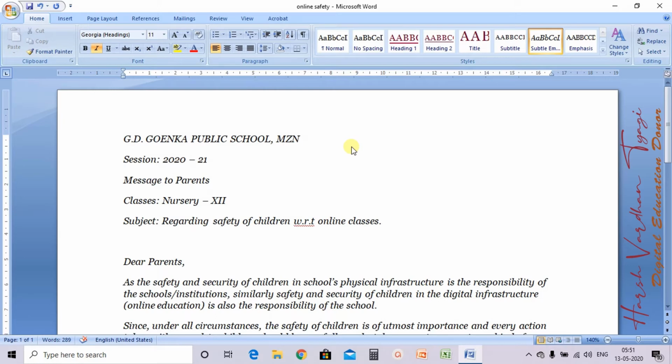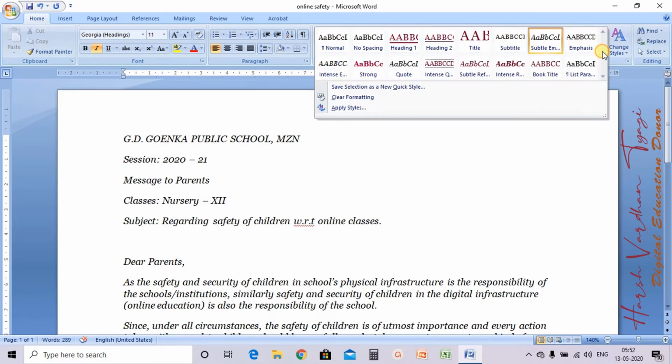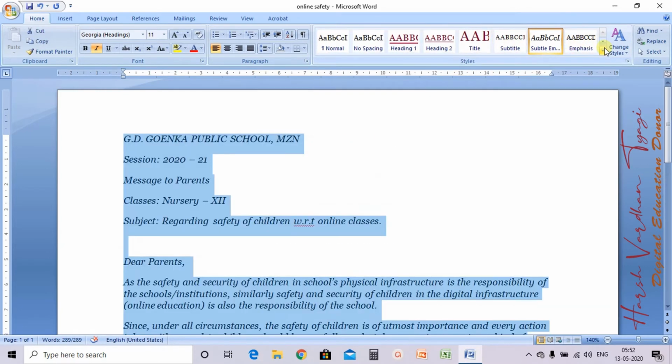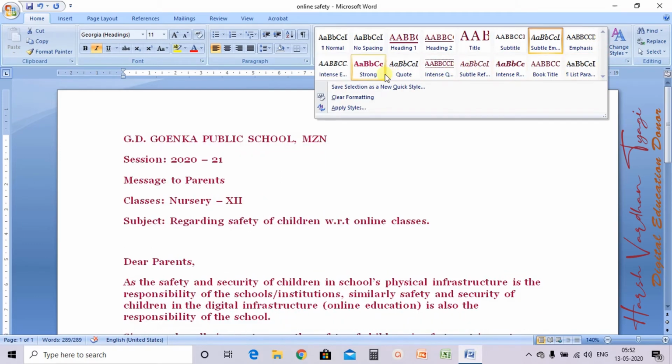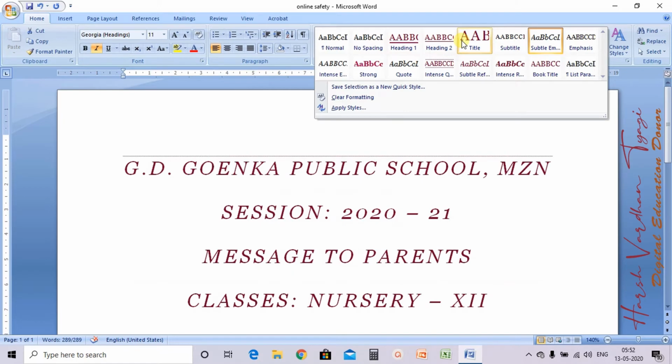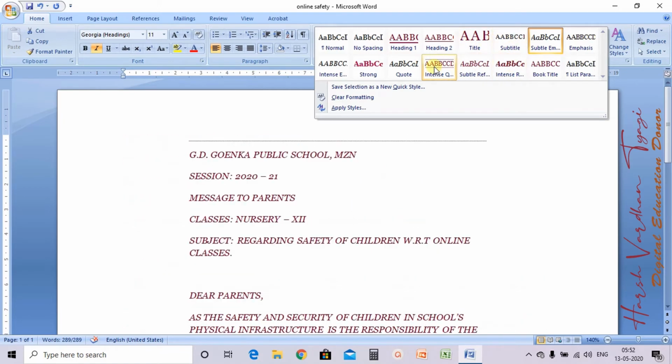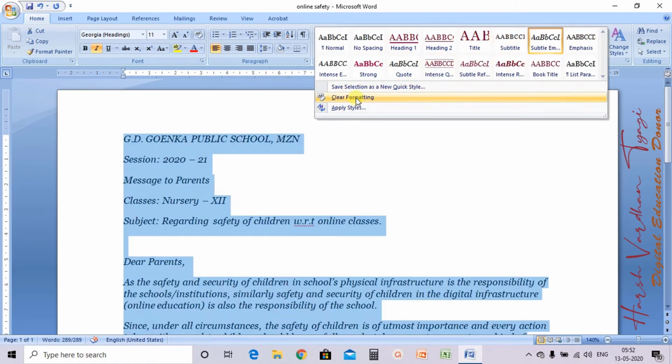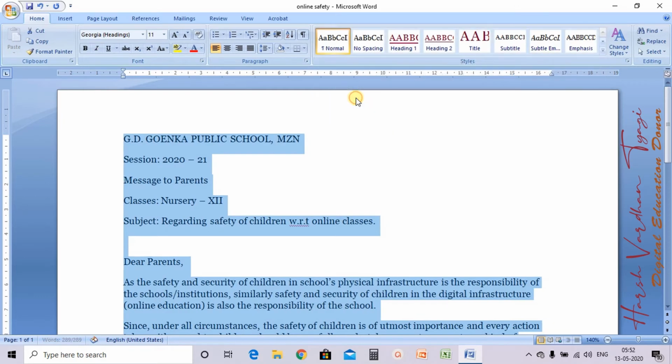And see, this is how you can make changes in the style option. Fine. Now the question comes: if there are some built-in styles, can we create our own style? Whatever changes we have made, everything now has a particular text color we selected. If we clear formatting, then our text will appear in a normal way. Is that clear?